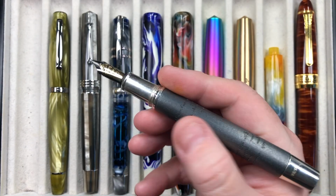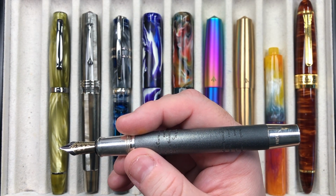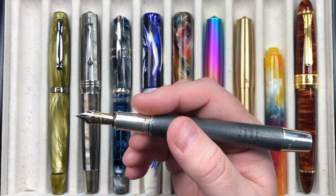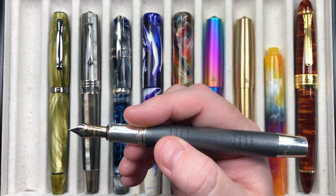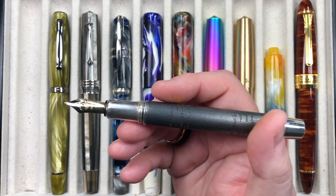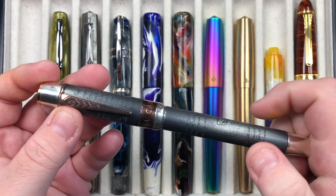fine nib. And I picked this up from the London Pen Show in October 2021, and I decided I really had been liking writing with fine nibs lately. I've been getting on more with a fine nib, so I decided I would try and pick this one up with a fine nib, and I tested it at the London Pen Show, and I have to say I really